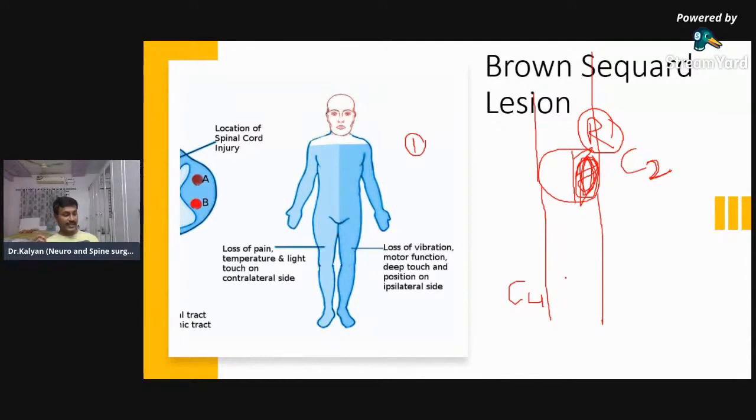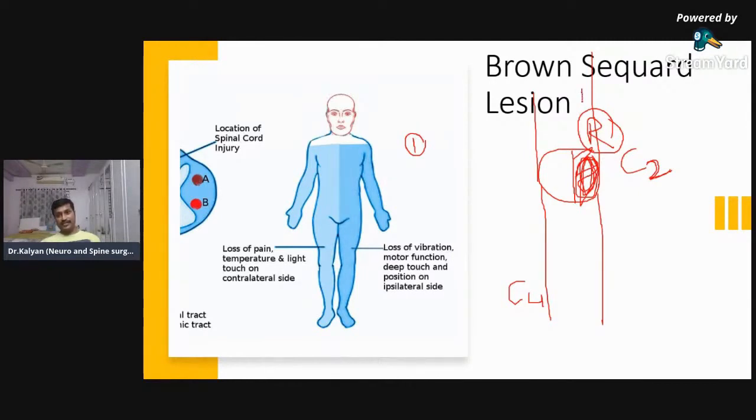Where is the decussation of pain and temperature fibers? Dr. Abdul said same. Does everyone take the same as Abdul? Dr. Shivank also said same. Let me revise once again. Okay, I will draw the